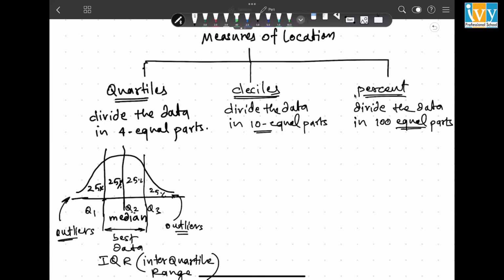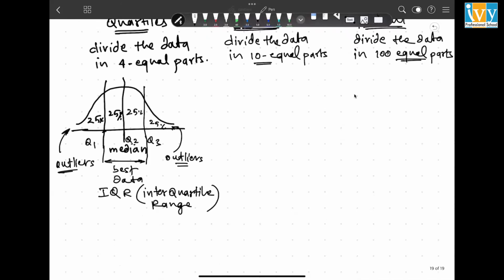This needs no introduction. All your life you have been running around to get a better percentage since class 10th onwards, I believe. Right? So percent: take the data, divide it into 100 equal parts and see how many parts did you achieve. Okay, so percentage. There is something called percentile,